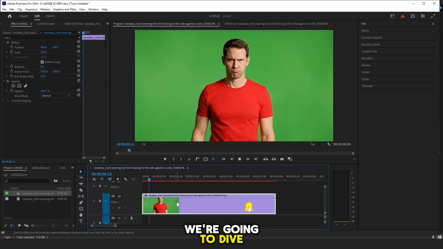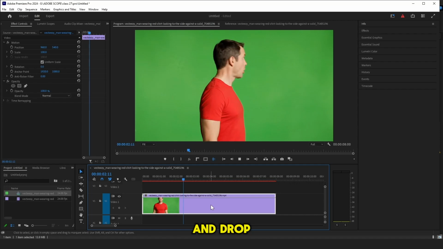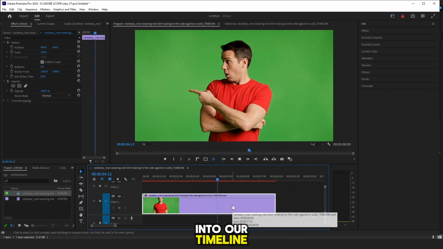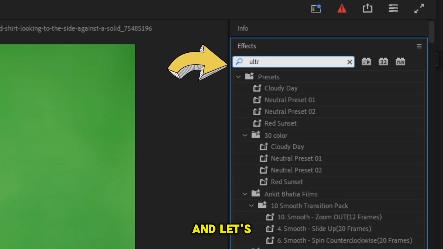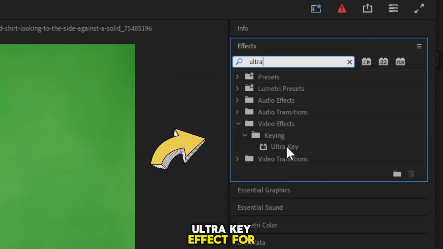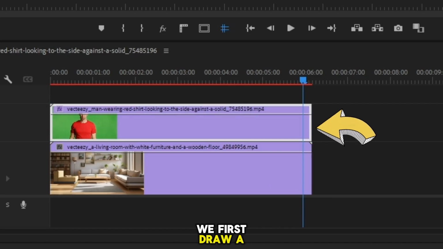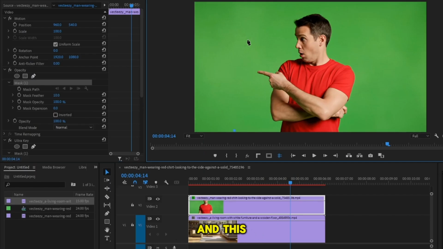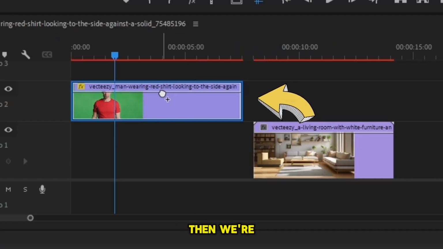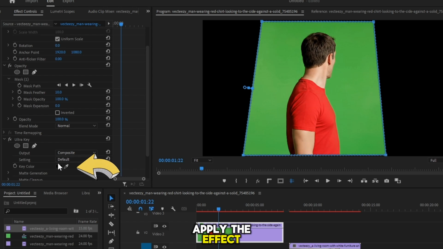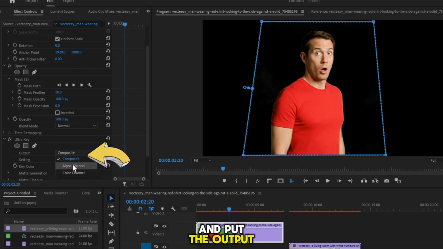Next, we're going to dive into Premiere Pro and drop that shot into our timeline. Now we're going to start with keying the green, and let's use the Ultra Key effect for that. We first draw a mask around the subject, and this makes it easier to key. But this mask can be really rough though. Then we're going to apply the effect, then select the green in our shot and put the output to alpha